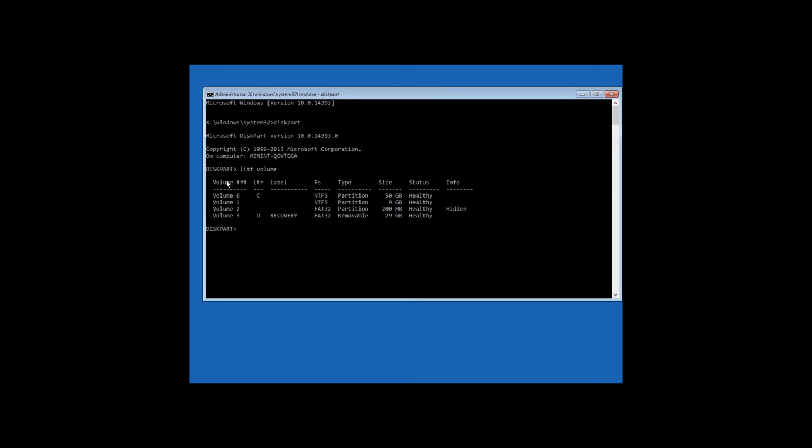To begin with, we need to know the system disk letter, because it can be other than C. Enter the command diskpart and then list volume to see which letter indicates the system disk. In my case, this is disk C. Type in exit and the following command: